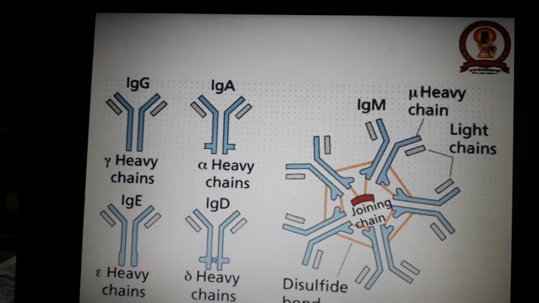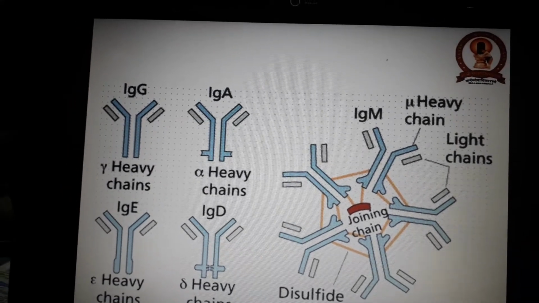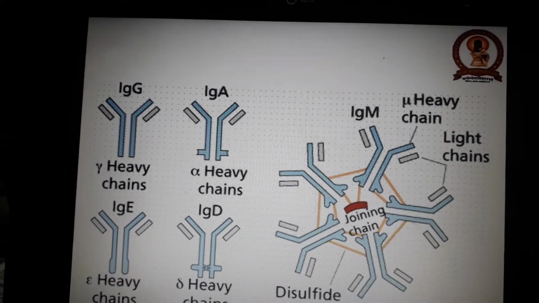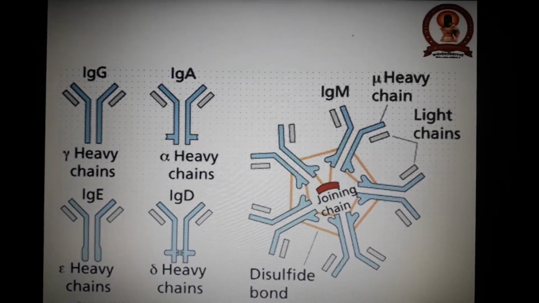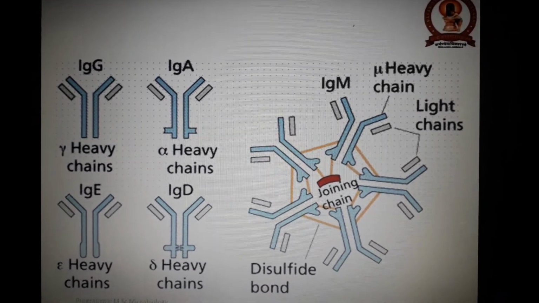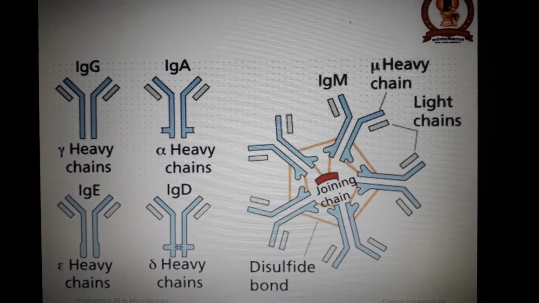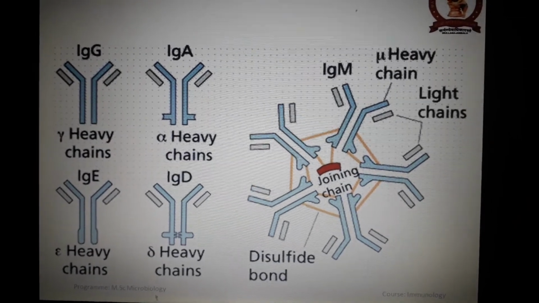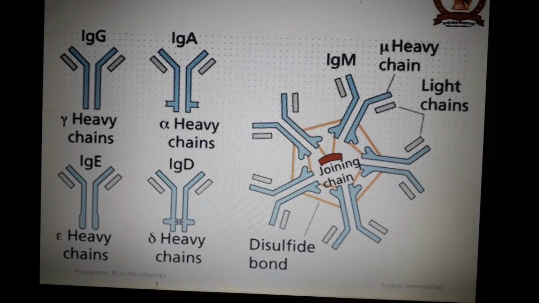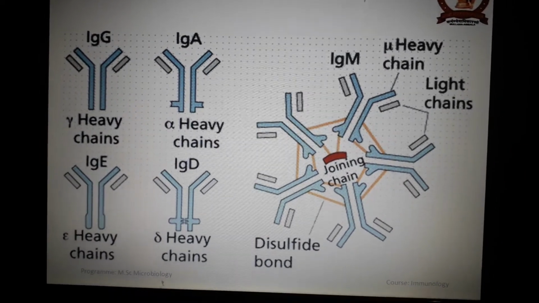Also, we are going to define IgG as gamma. It has the gamma heavy chain. When we are dealing with IgA, or immunoglobulin A, its heavy chain is alpha. When we are dealing with IgM, the pentameric structure, this antibody has mu as a heavy chain. And when we are dealing with IgD, it has delta as a heavy chain. And when we are dealing with IgE, it has epsilon as the heavy chain.